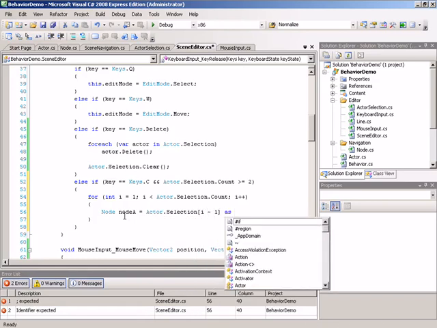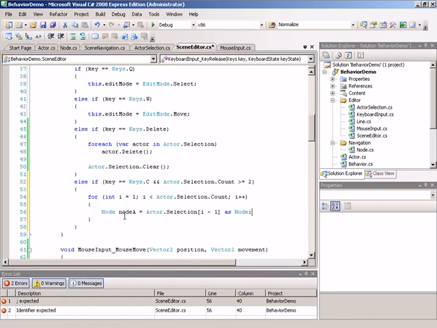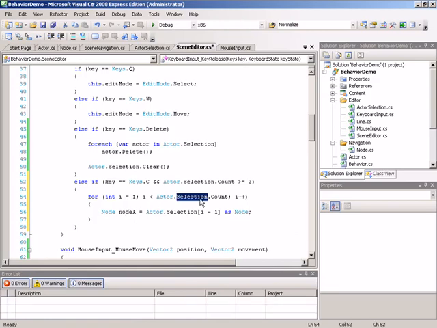Then we will cast this as node. So again, when we're using the selection list, that's a selection of actors. We need to try to cast those to nodes so that we can use the connection methods. Also, node A, we're looking at this as the first node. You can see that we're taking the current index variable minus 1. That's why we're starting 1 into the list, to make sure that the first one is indeed a valid element